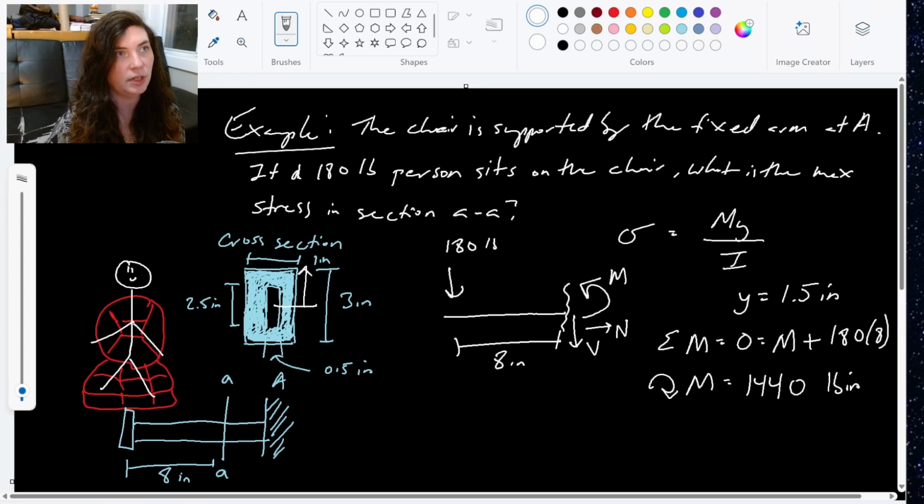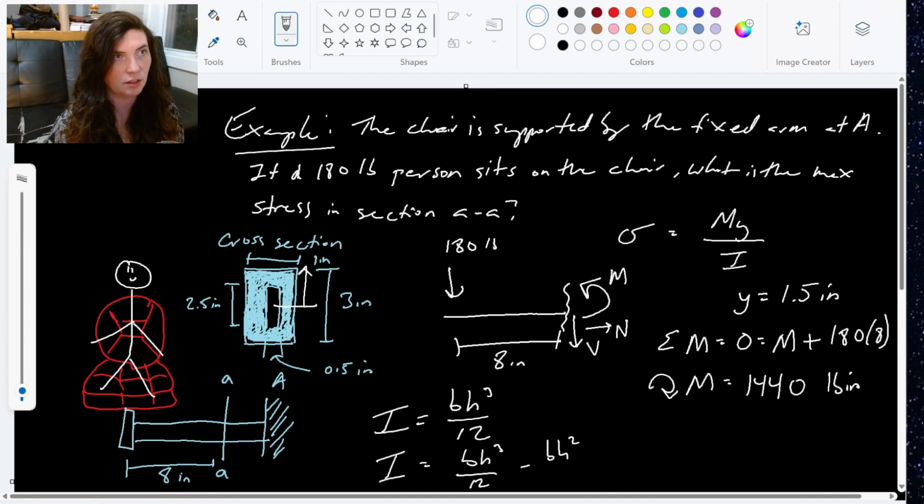And then finally, we need our moment of inertia, which for a rectangle, we can again use BH cubed over 12. Now the key with this guy is he does have that void in the middle, right? He does have that hole through him. So luckily, since their centroids line up, to calculate this, all we have to do is a subtraction. BH cubed over 12 minus the void, BH cubed over 12,